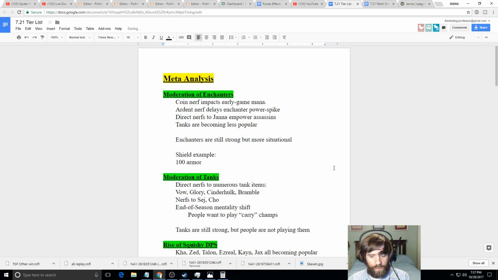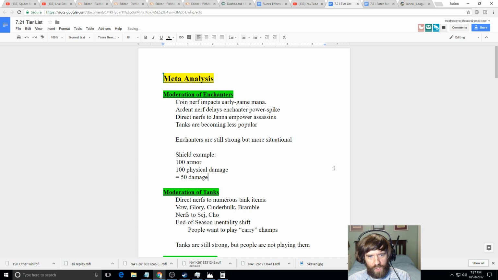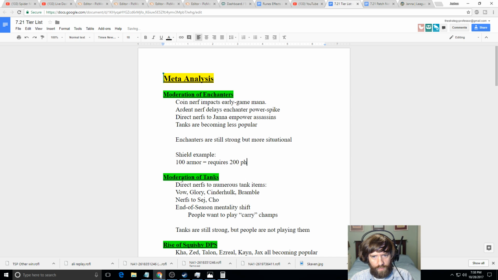and you're going to take... if you have 100 armor and something tries to deal 100 physical damage to you, then it's only going to deal 50 damage. So damage is reduced by 50% if you have 100 armor, assuming they don't have any armor penetration or anything like that. That's how it works. It's a really simple example. So it's going to require 200 physical damage to kill you. The same is true of a shield. And so if you have...